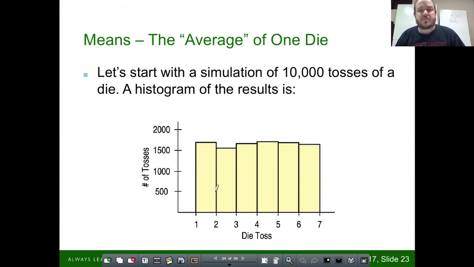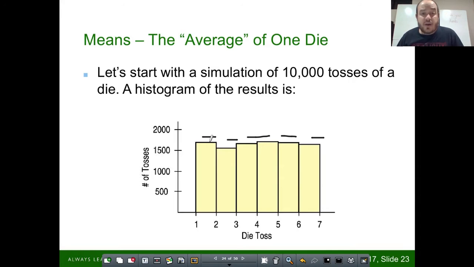It says, let's start with a simulation of 10,000 tosses of a die. This is a six-sided normal die, all right? A histogram of the results is, notice, we would expect if you roll a die, the chances of getting a specific number is 1 out of 6, all right? And all of them have an equal chance of rolling. So notice all of these bars are kind of around the same height